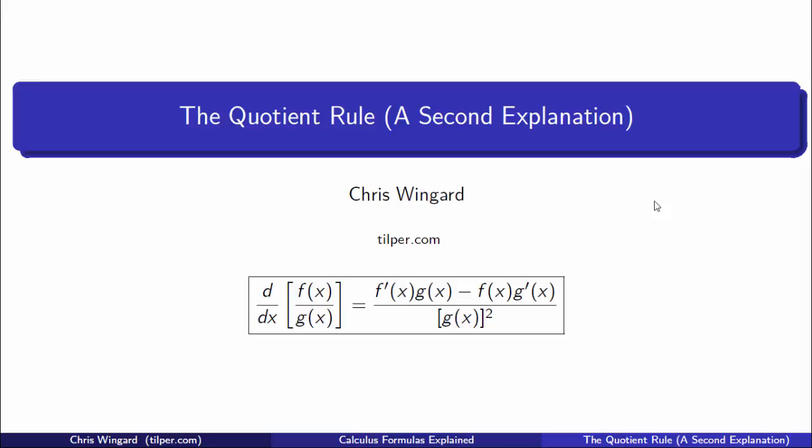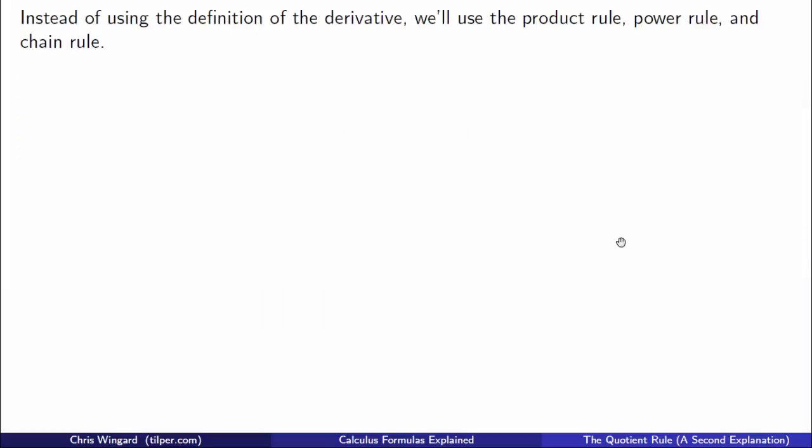So let's see another reason why the quotient rule is true. Same quotient rule, but we're going to see a different explanation, and it uses some more advanced techniques, but it does make the explanation a little bit shorter and simpler. So instead of going by the definition with limits, we're just going to use the product rule, the power rule,